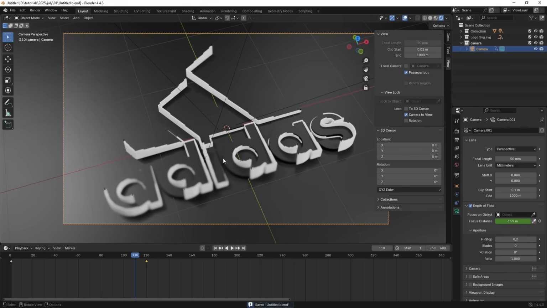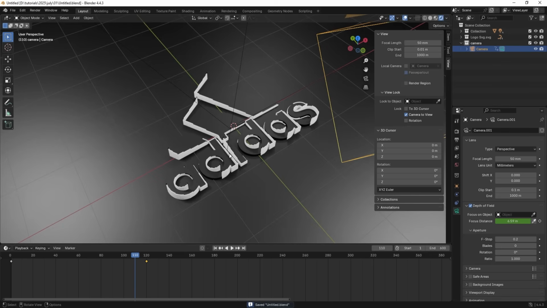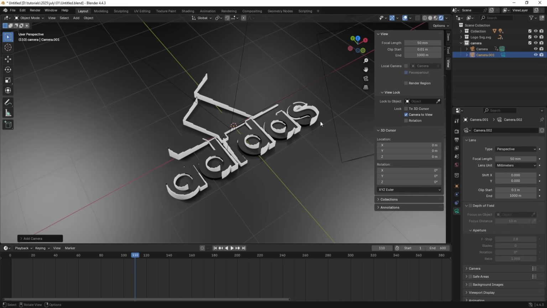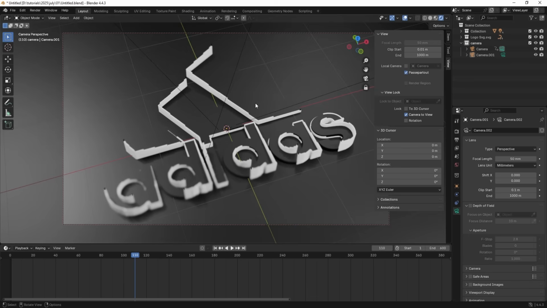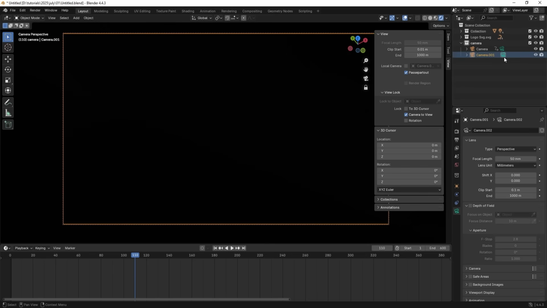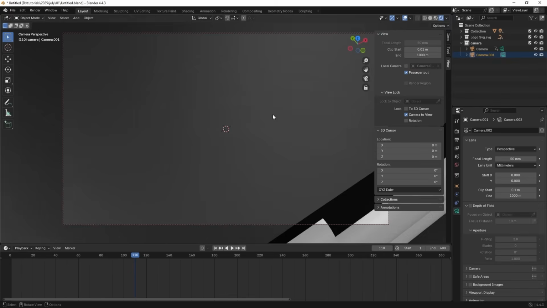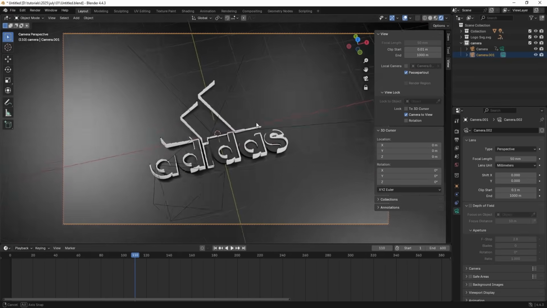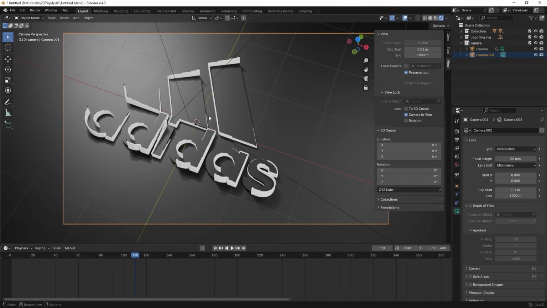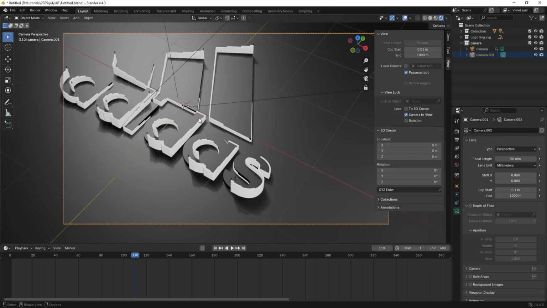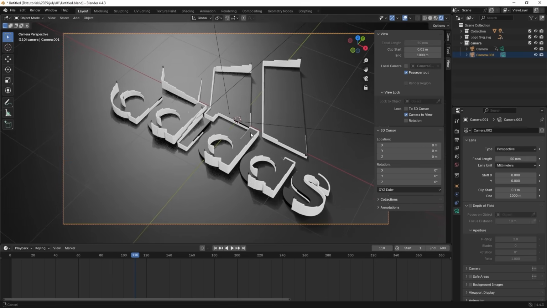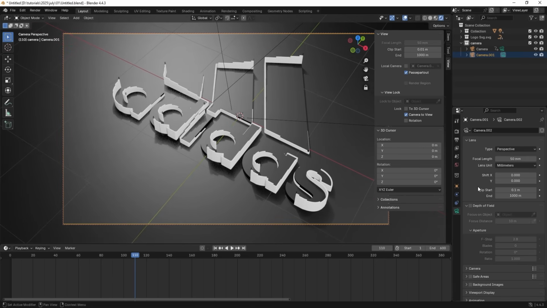save this file and hit 0 to get out of camera view, and press Shift A, go to the camera, and hit 0 again, and then click on this camera icon, so it will automatically move over here. Then zoom out, and this time I'm going to add a camera in a different direction somewhere around over here like this. Okay, and then we'll go to the